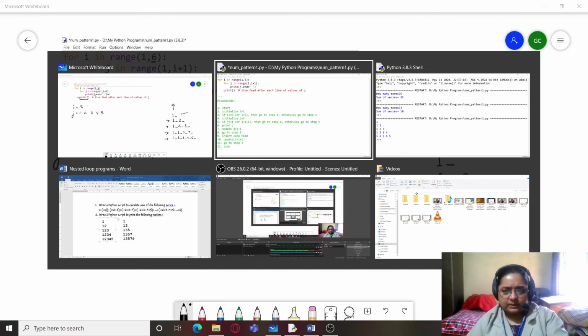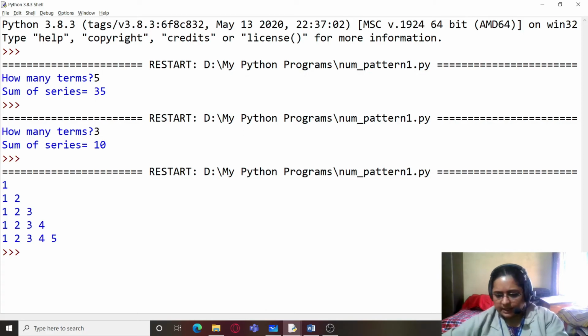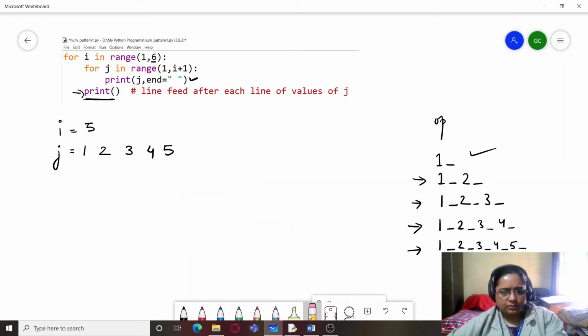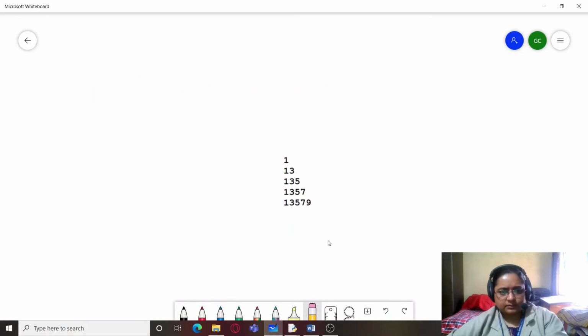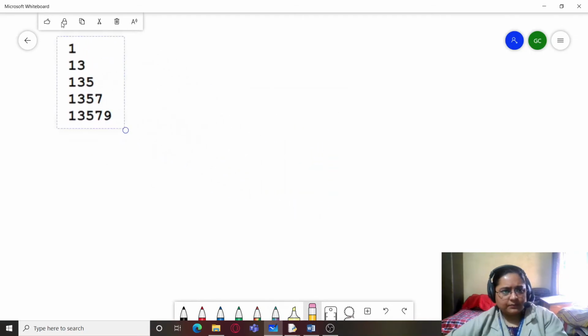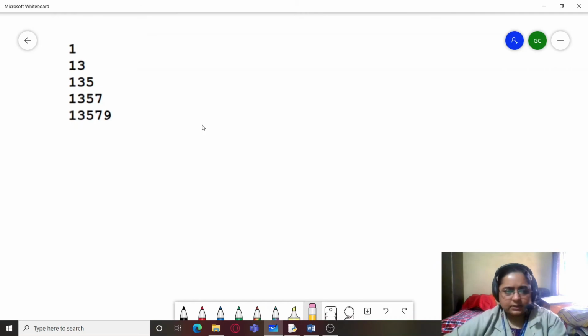Next, a very simple program we have, that is this one. So how to solve this problem now? As you can see, it is a similar kind of pattern, but instead of simple counting numbers, it has odd numbers.